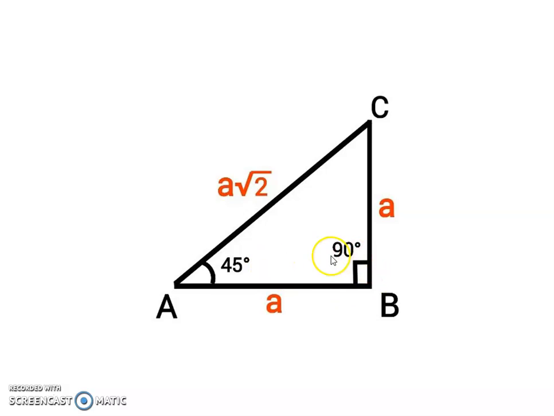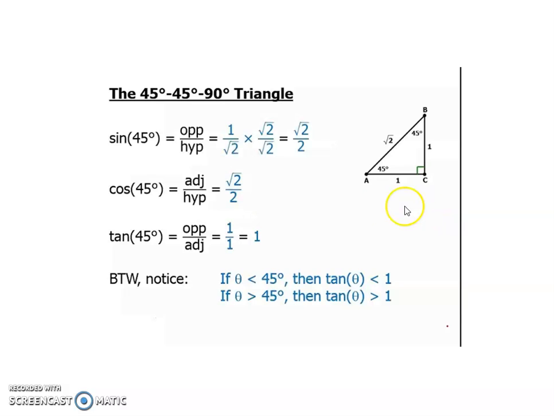So in this diagram, what you should see, this is the right angle triangle. A and A are the sides and square root 2 is given. Here 45 degree angle is given. Here 90 is given. So what does it give? The 45, 45, 90 triangle: sine 45. We know that opposite upon hypotenuse gives the sine of the angle. So 1 upon root 2, which is root 2 upon 2.